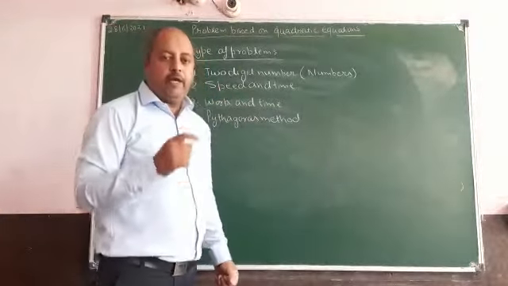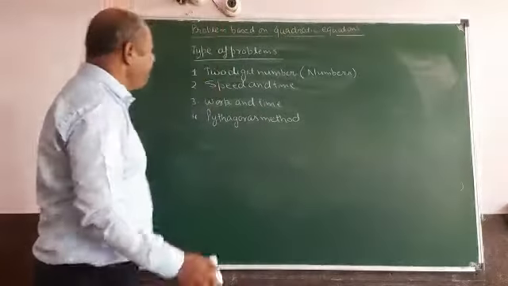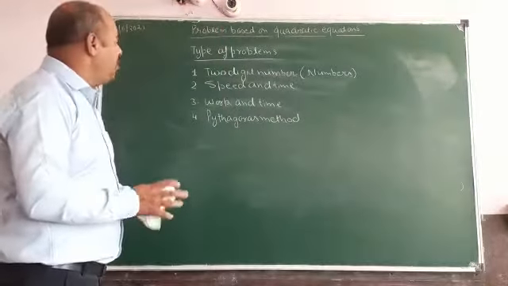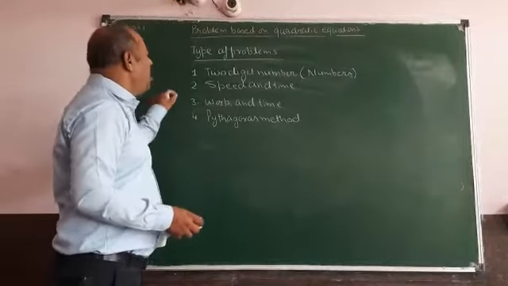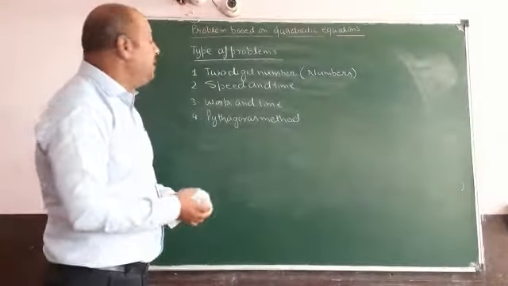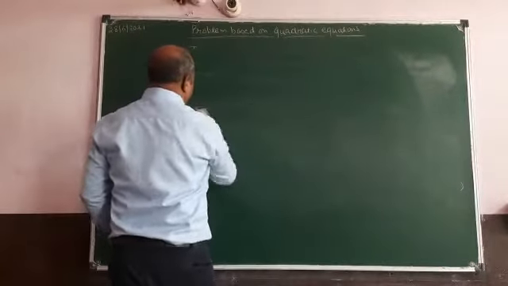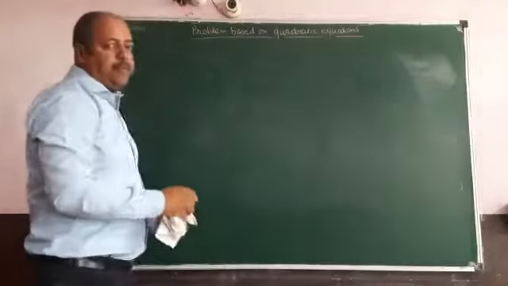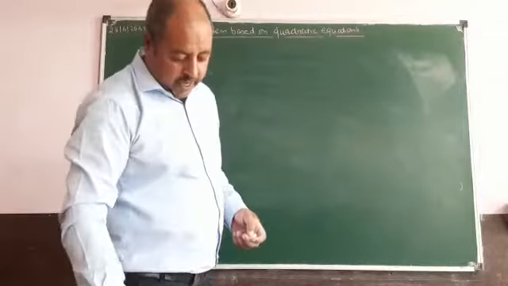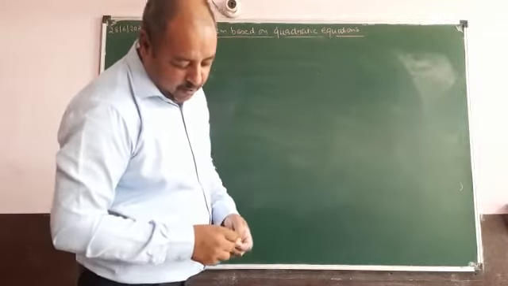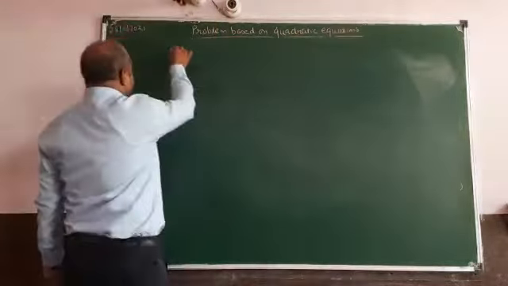With the help of one example, I am going to solve the sum. Only one sum I will solve, and I will let you know what type of questions could be there in your exam on this chapter. So for this we will deal with example number 1 of the chapter. Example number 1 is the sum of two positive integers.